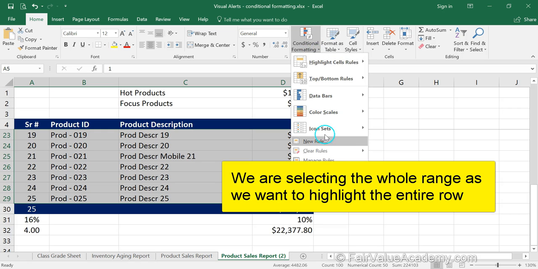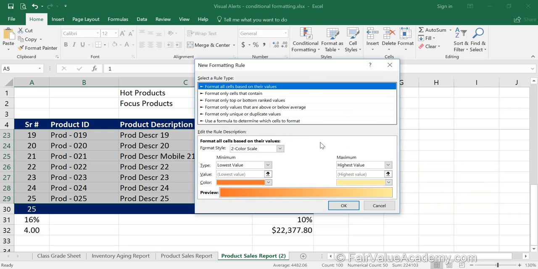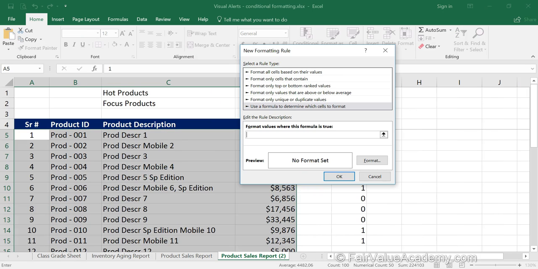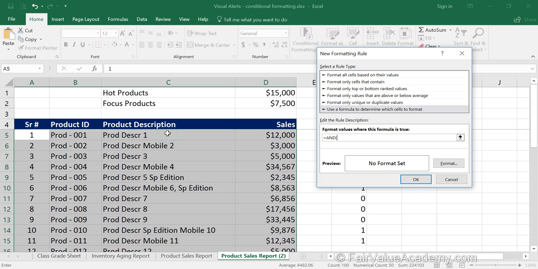We'll click on conditional formatting and click on new rule. We are going to use this option, and here we write our formula, which is equal to, we start with AND open brackets and write our first criteria, in which we are going to check if the text mobile exists in the description cell, and the first cell is C5. So let's write COUNTIF open bracket C5 comma, and we use the wildcard quotation mark star mobile star quotation mark close bracket.